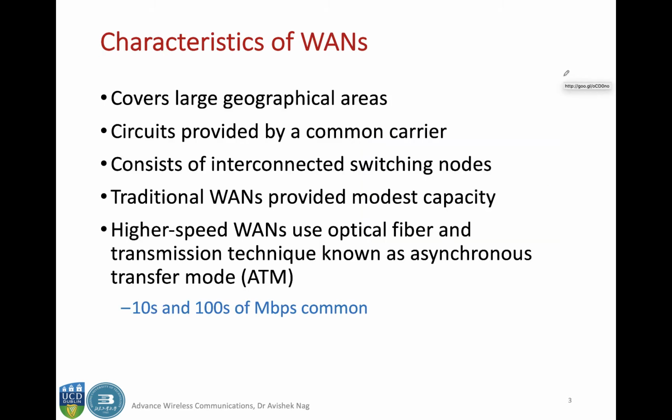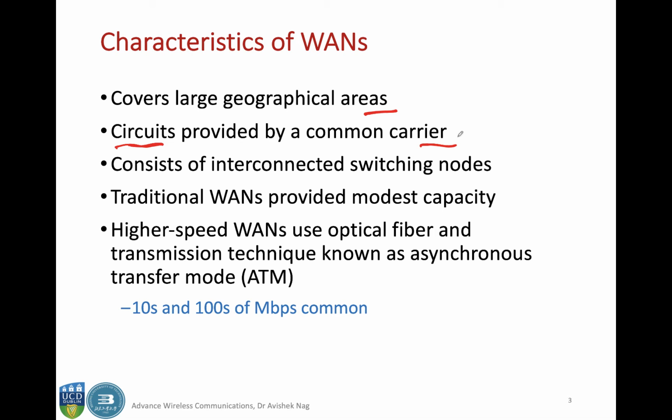Moving on, let's look quickly into the different characteristics of wide area networks. As I just said, they cover large geographical areas, for example, a country or a continent, and the circuits are provided by a common carrier. When you say circuit here, it means the communication lines. It's not the circuit that you mean from your circuit theory background. These circuits here mean the end-to-end links that are set up for the purpose of sending data. These circuits are provided by a common carrier in a WAN. Common carrier means the company that provides you the connectivity, let's say China Telecom